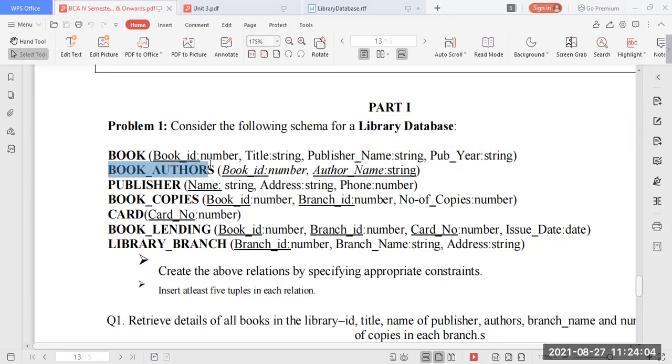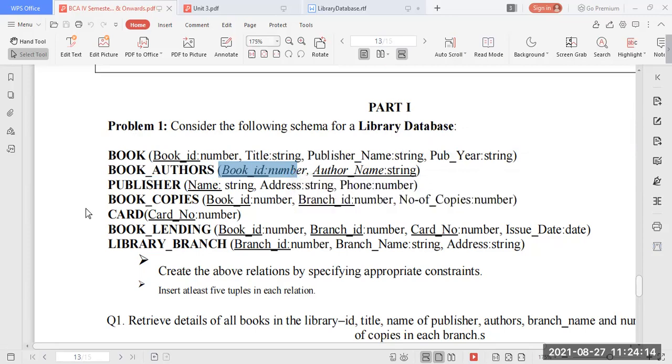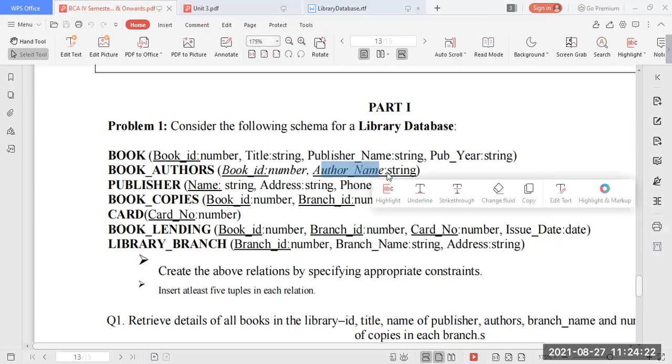Okay. So second table, we have the book authors table, book ID. Again, they have mentioned the primary key, but here it will not be one. So you have to create it as a foreign key on delete cascade. Foreign key, which table is it going to refer to? The book table here. Okay. And then author name is who has written the respective textbook. If you consider your database management system, now they will be there here.